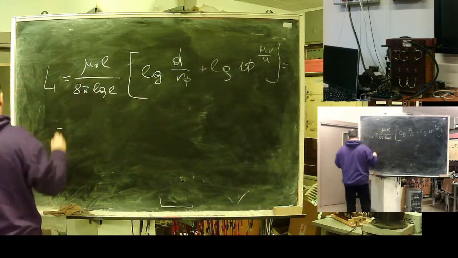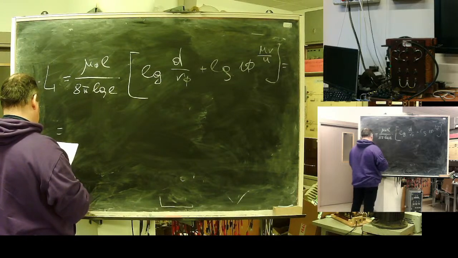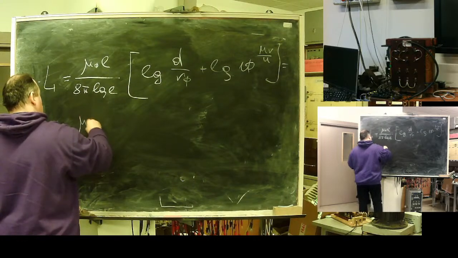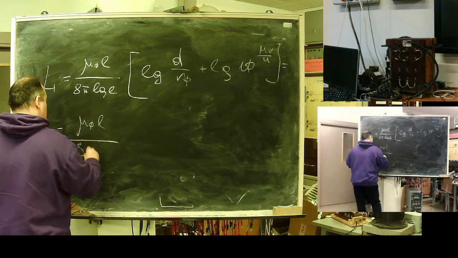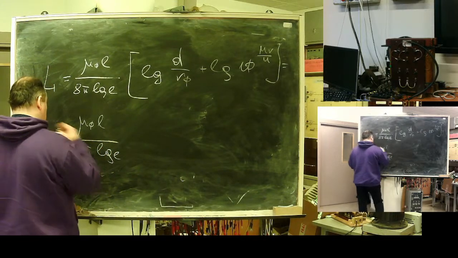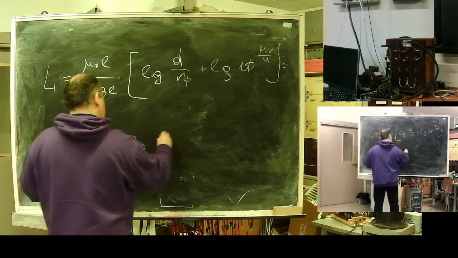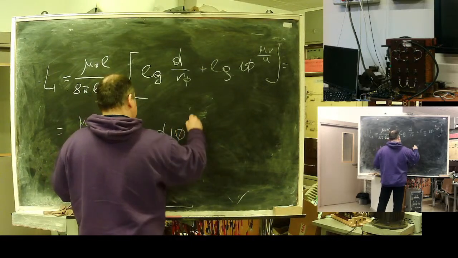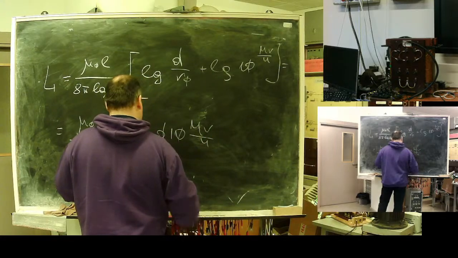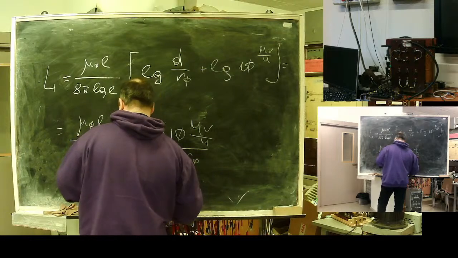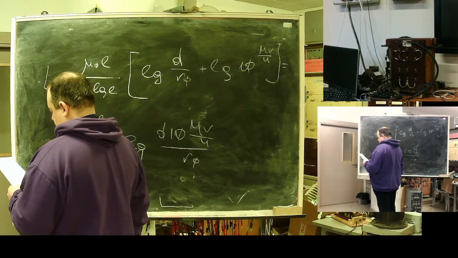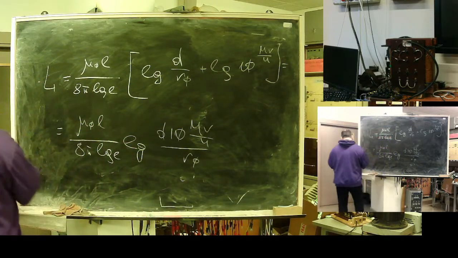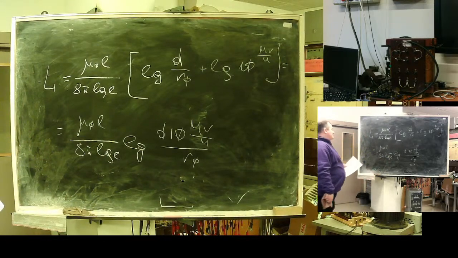What is after simplification will be mu 0 length divided by 8p, decimal logarithm of e, decimal logarithm, divided by R0. Instead of equivalent radius,